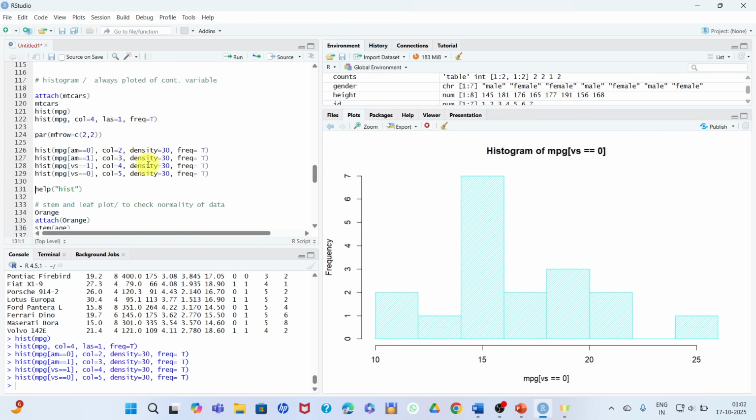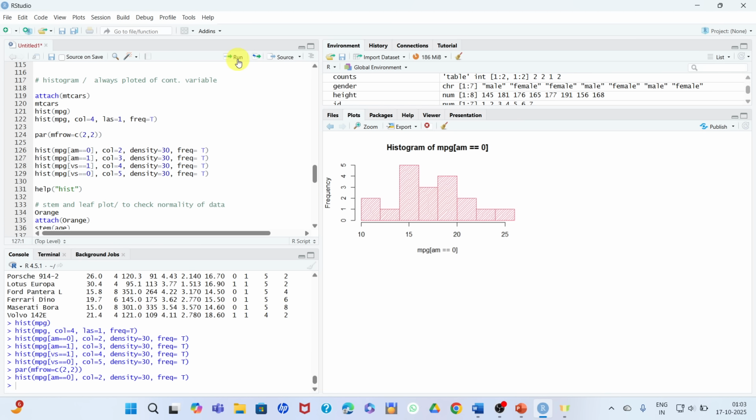And if you want all these four graphs in the same diagram, the command is par mfrow c(2,2). Let's run this command and again run this. Let's see.